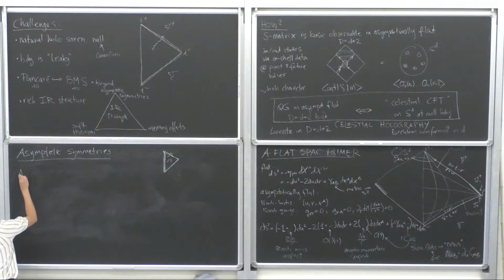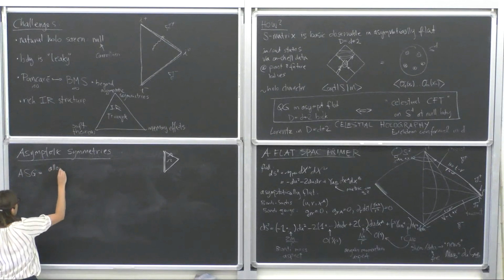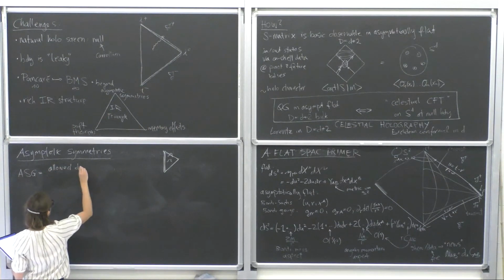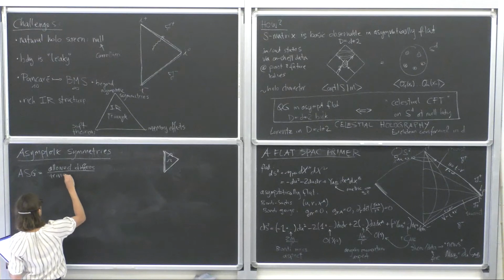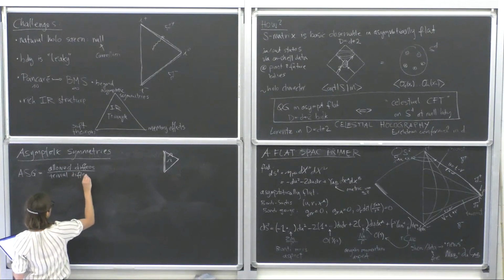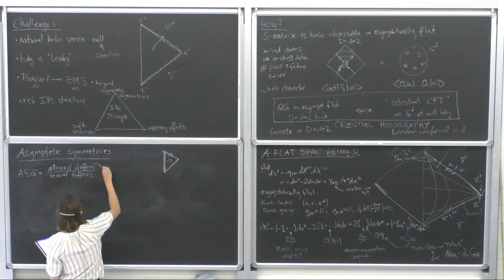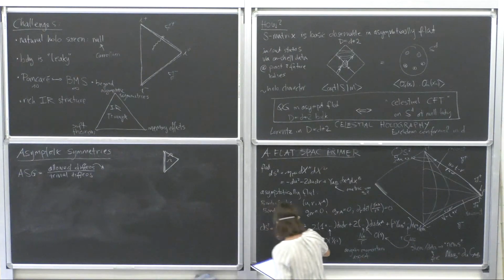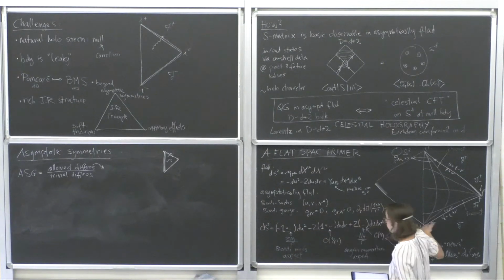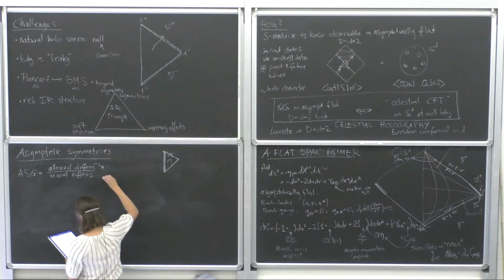So what we do here is we look for the asymptotic symmetry group of this manifold in the spacetime. And this is given by the set of allowed, let's focus on gravity, so the set of allowed diffeos, modded out by the trivial ones, where the trivial ones are the ones that fall off at the boundary and don't have support there. And these allowed diffeos are the ones that preserve the specified boundary conditions. So here I've specified that the first subleading component goes like 1 over r, and so on and so forth. And so any diffeomorphism vector field that preserves that structure will be allowed.